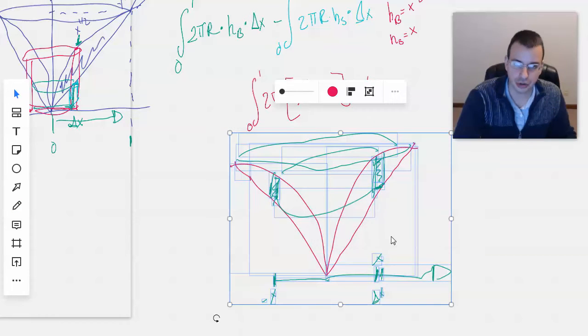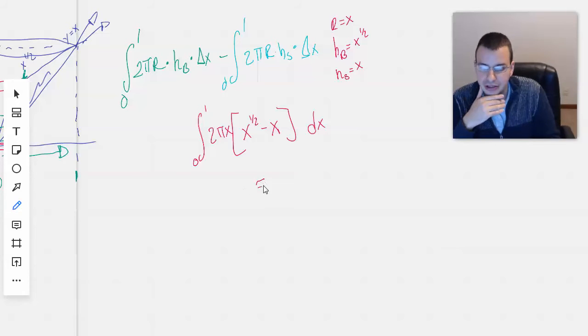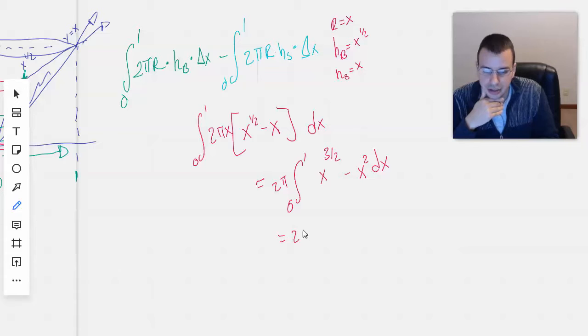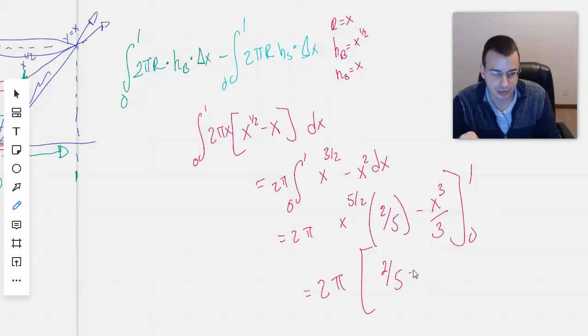So at this point, we're just going to brute force calculate it out. So this would give us 0 to 1, 2 pi, x to the 3/2 minus x squared dx. Integrate, powers activate: 2/5 x to the 5/2 by the power rule, minus x cubed over 3, integrated from 0 to 1, times 2 pi. When we plug in 1, we get 1 to the 5/2, which is 1. So we'll be left with 2/5 minus 1/3,